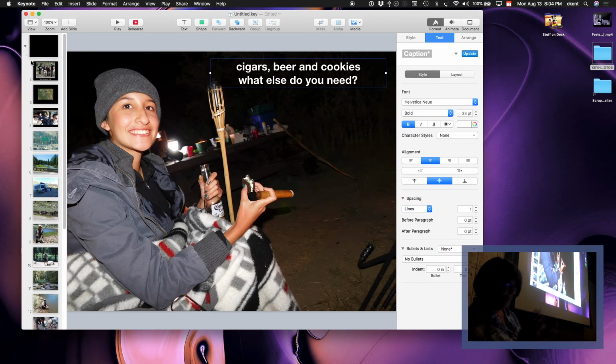Okay, the next thing I'm going to do is I'm going to go through here and I would maybe add some more stuff in here, maybe label the campground or whatever you want to do. You can add some captions in here as you go along. Once you've got all of that settled down, then we're going to go ahead and we're going to add a